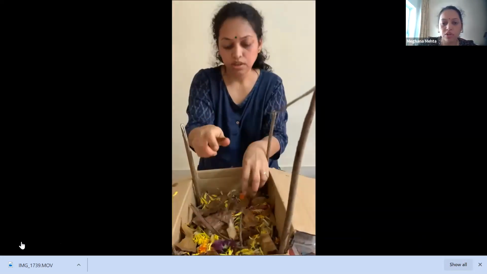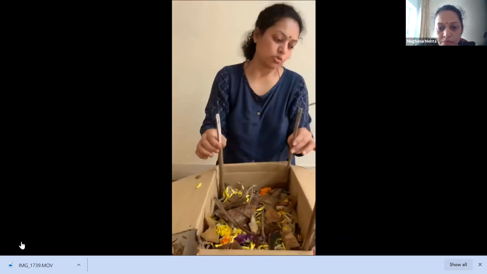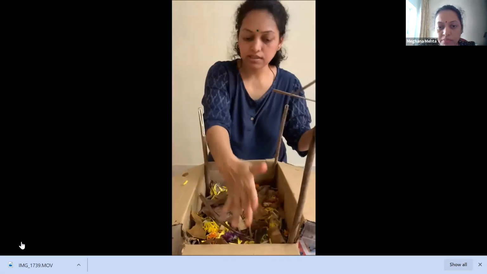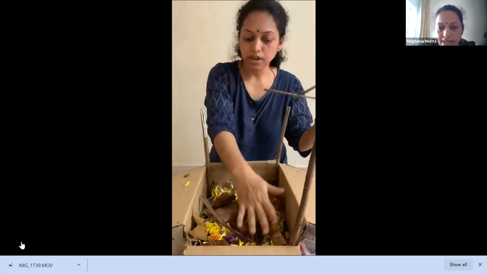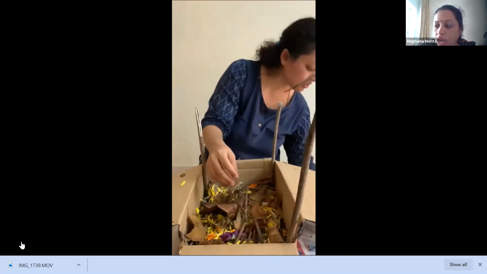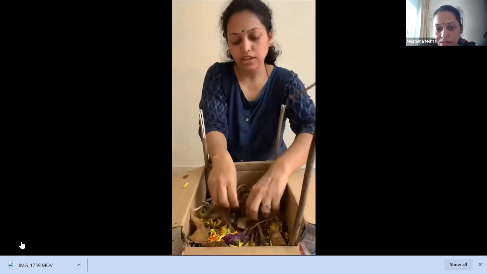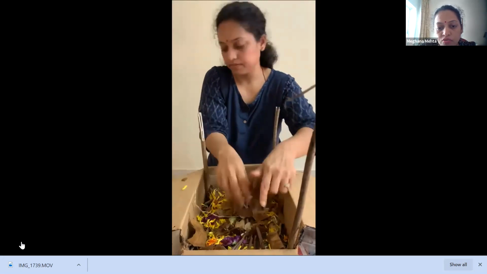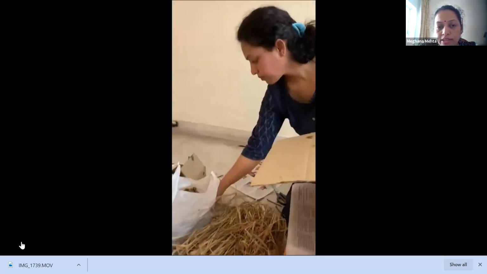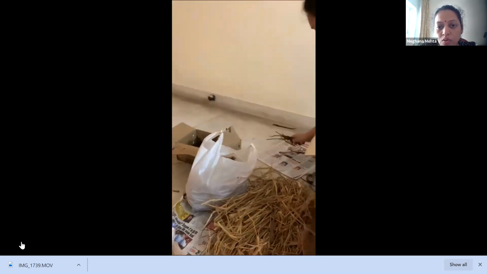I have some wood apart from that. Now browns are there, greens are there, browns are there, greens are there. Again, I'm putting brown. In between, I will also put some soil. Again, whatever greens and whatever browns, we just need to put them all in the ratio of 1:1.